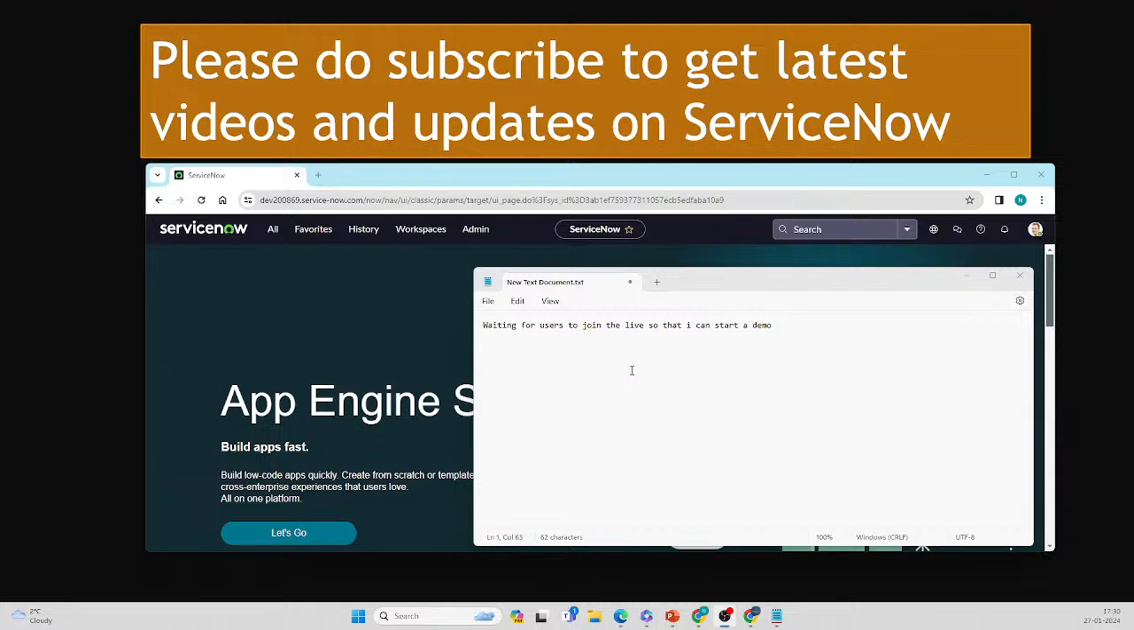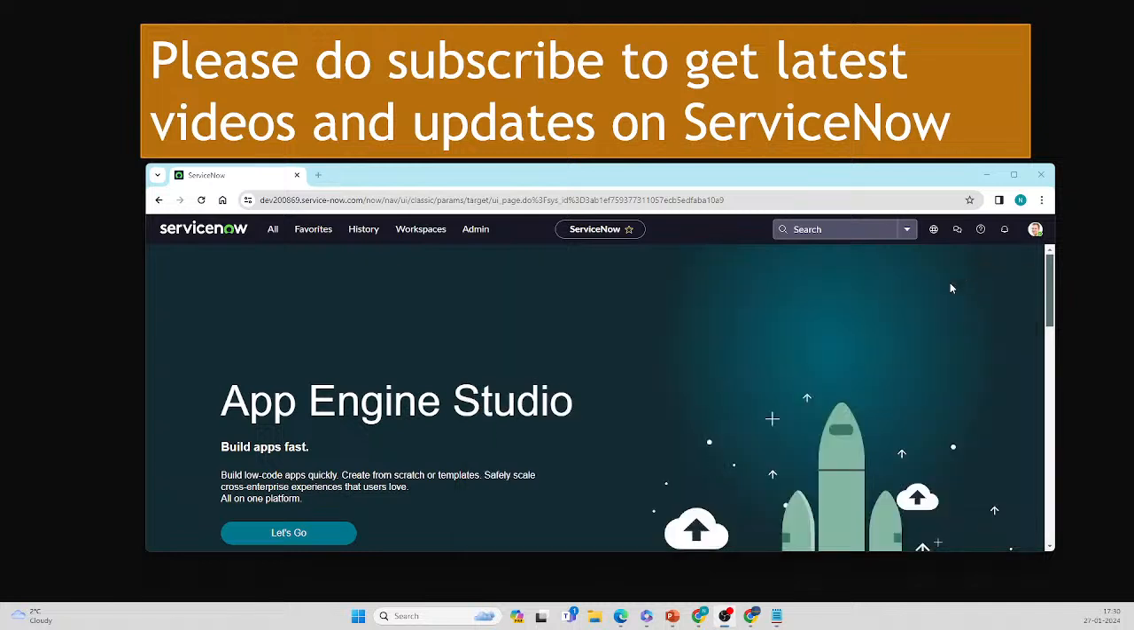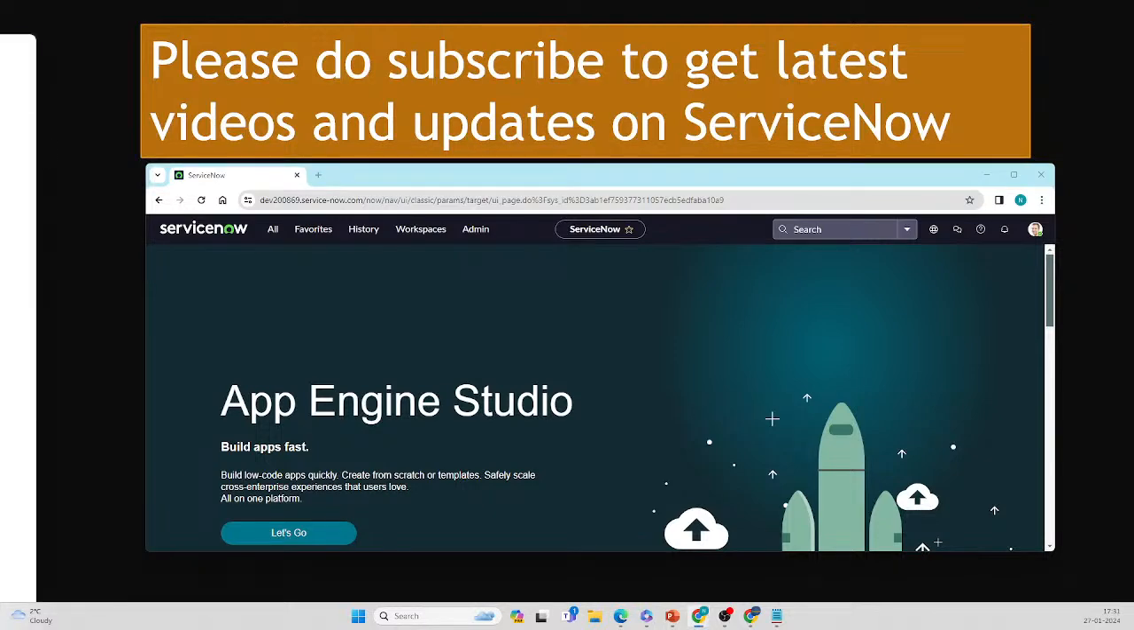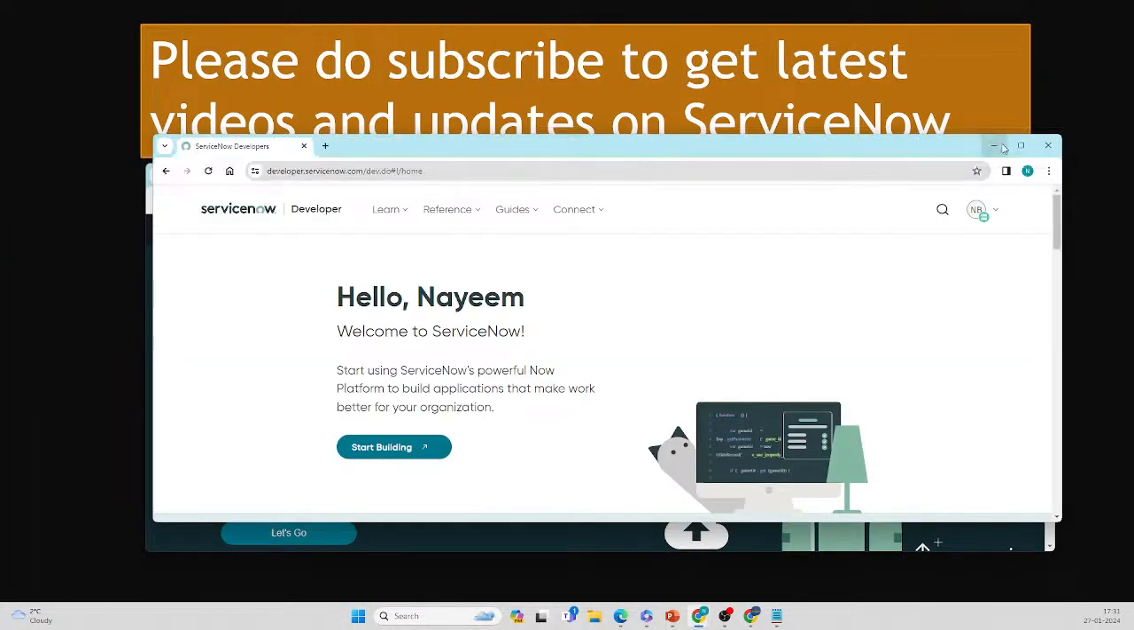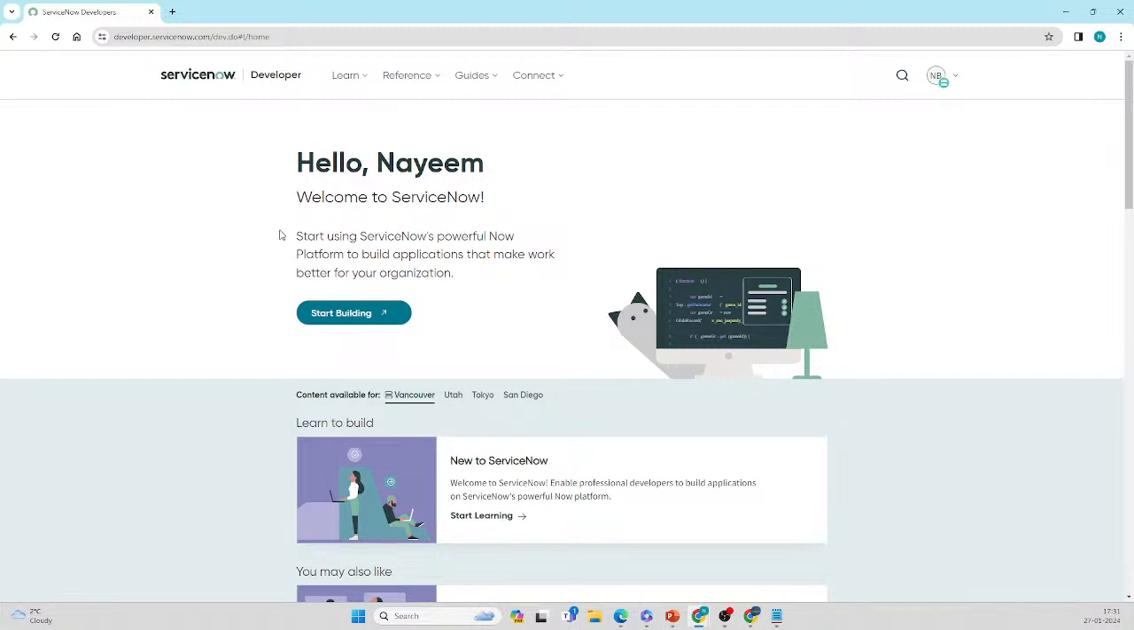So for now, there are some users who joined who are new to ServiceNow. They don't know where to start, so let's see. For users who want to learn ServiceNow, what they have to do is log in to